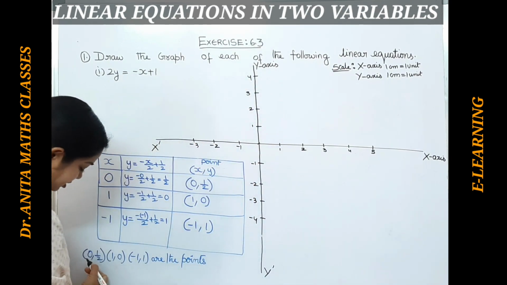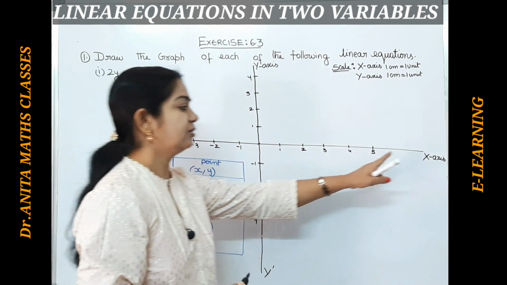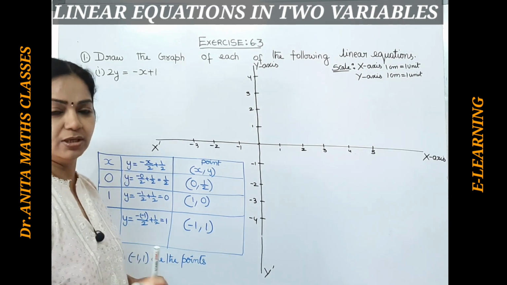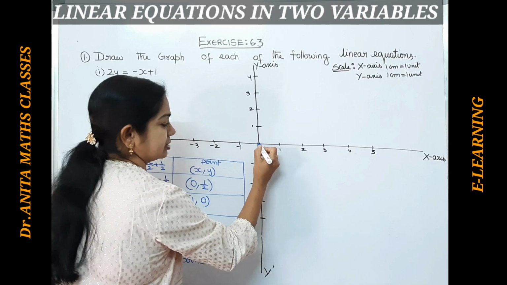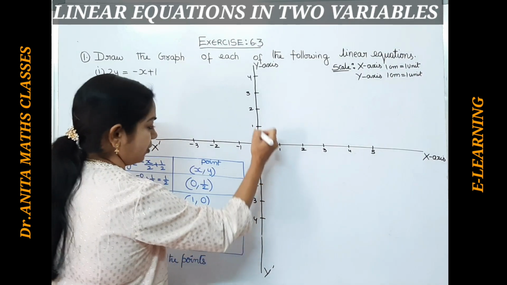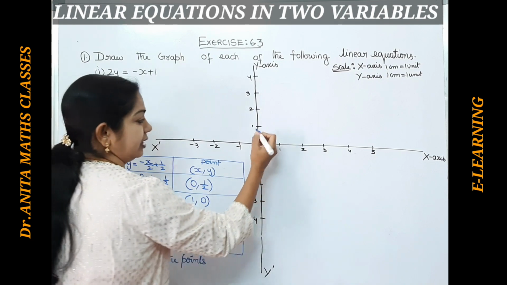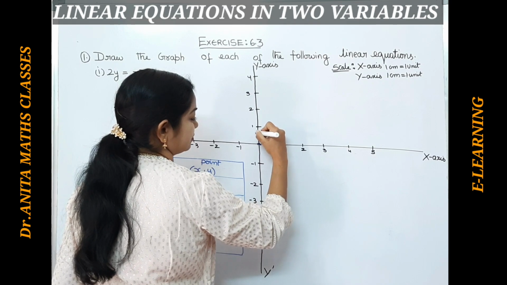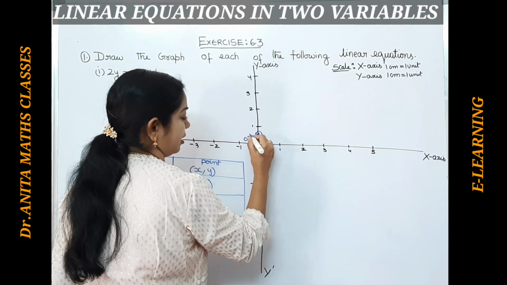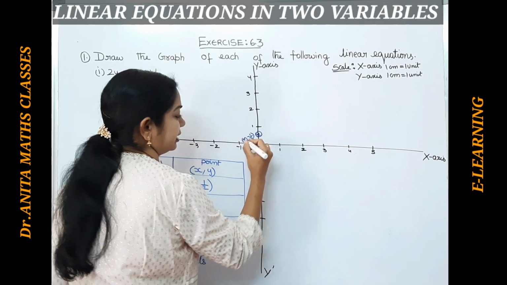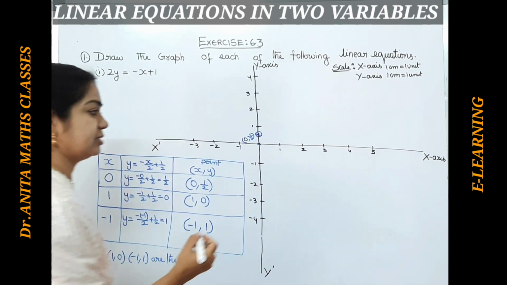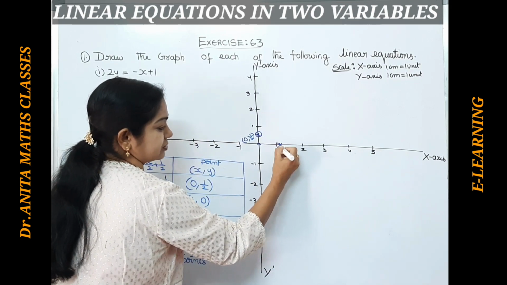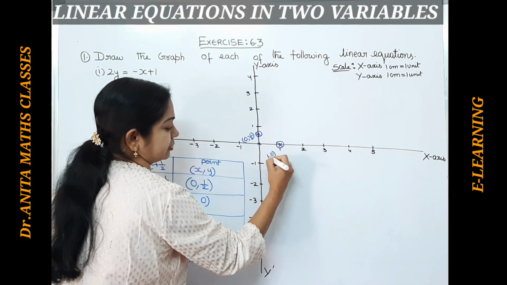Now let us plot the points. 0, half. First go for the x, then go for 0, half. Half is 0.5. So this is 0, 0, and here on the y coordinate we have half. Half till here is 1, so between them is half. This point is clearly 0, half. Mention the point immediately. Now 1, 0. One on the x-axis, 1, 0. There is nothing on the y-axis. So this is the 1, 0 point.